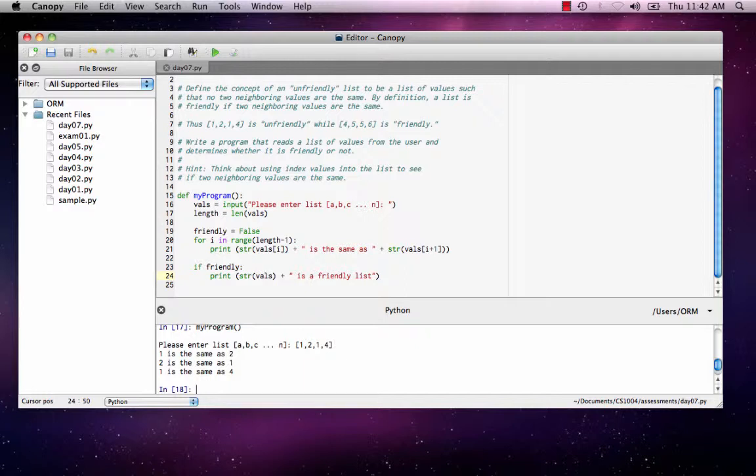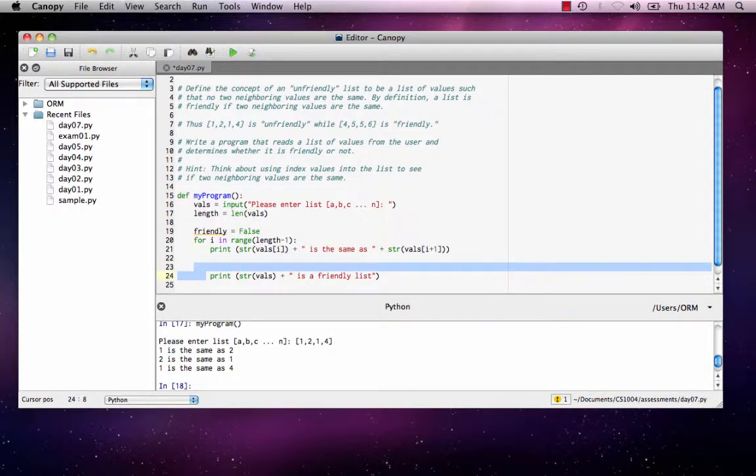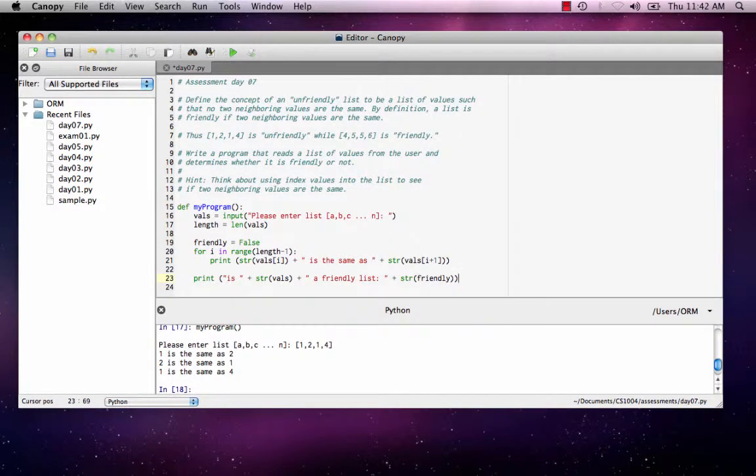So instead of having an if statement where I say it's a friendly list, else it's not a friendly list, I'm just going to put in a final statement that says one quick check, and it'll say the following: print string variable is a friendly list, and then I will answer that by putting in here friendly. So you should be able to see, I hope, that we're just composing together all the different things that you've learned about in this course so far, putting them in interesting combinations. This final step here now, as I run it,